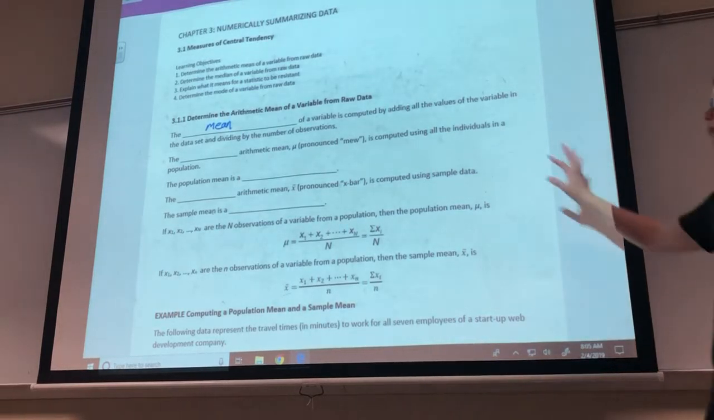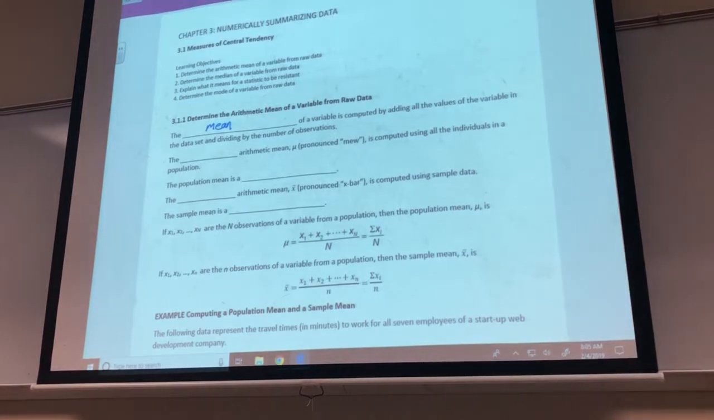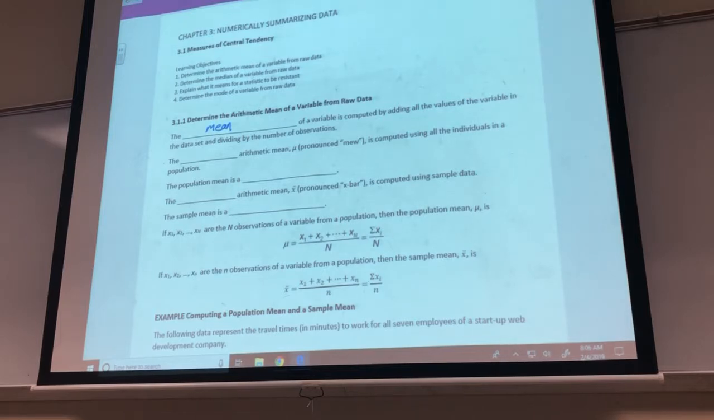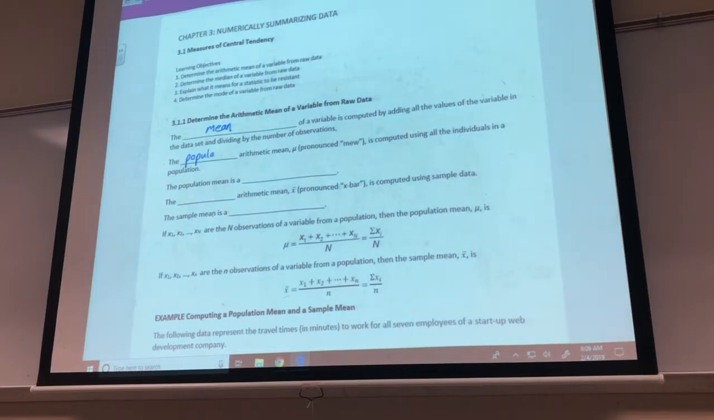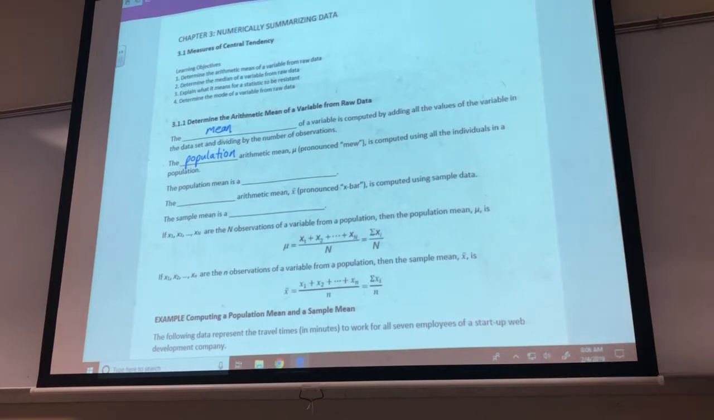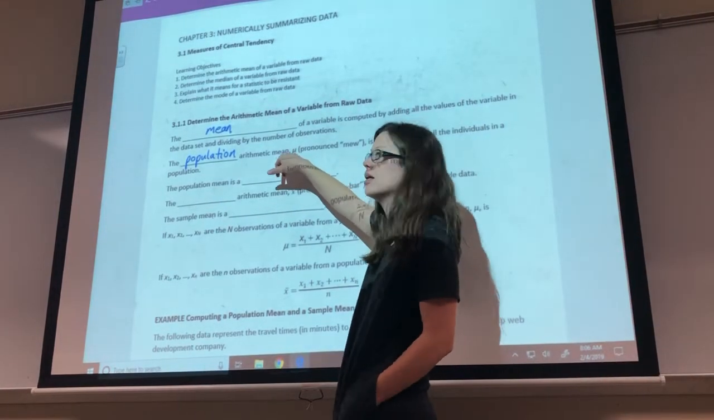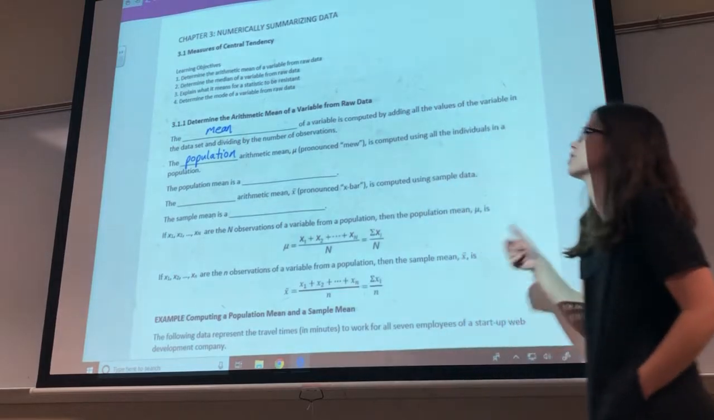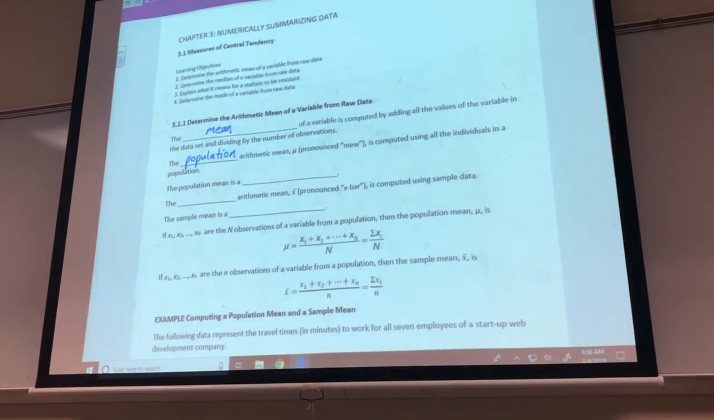So right now, if we're talking about the population, everybody, that's going to be mu. So this is the population arithmetic mean, it's mu. It looks like a cross between an M and a U. It's the lowercase Greek letter mu, and that's going to be a theme throughout this whole textbook. Whenever we have something talking about the population, a parameter, it's going to be a Greek letter, and then whenever we're talking about a sample, it's going to be